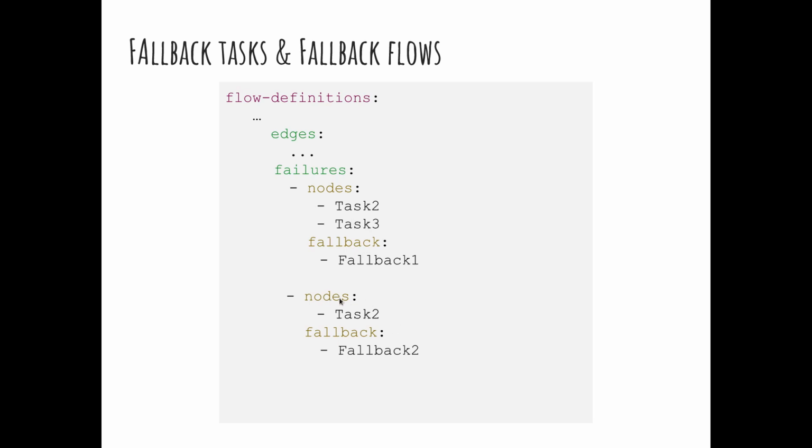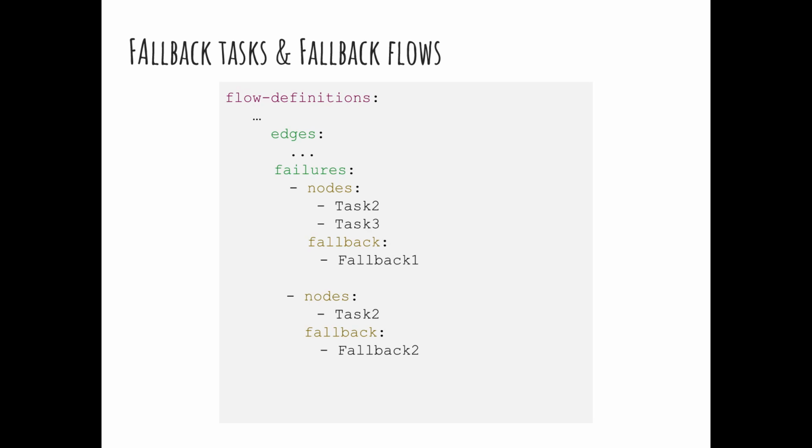So if task 2 fails, we would like to run fallback 2 task, and if task 2 and task 3 fail at the same time, we would like to run fallback 1 task. You might be wondering, okay, but if task 2 fails and task 3 is still processing, what fallback would be run? In this case, Selinon waits for tasks to finish, and if task 3 fails, fallback 1 is run, and if task 3 succeeds, fallback 2 is run. So there is no time-dependent evaluation of